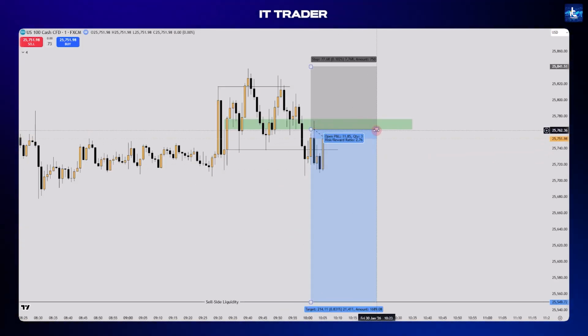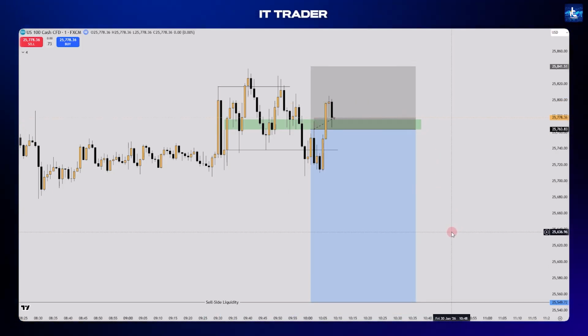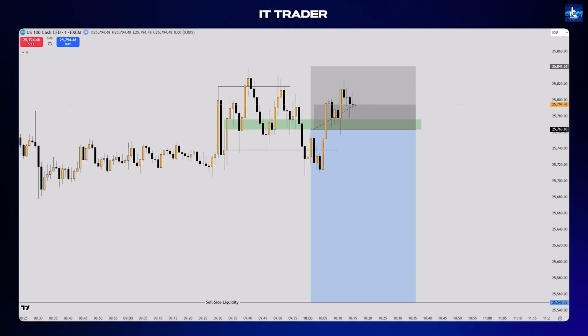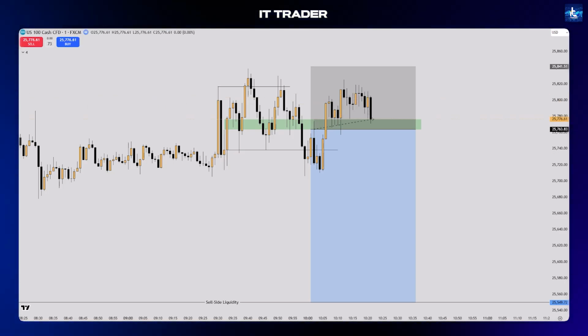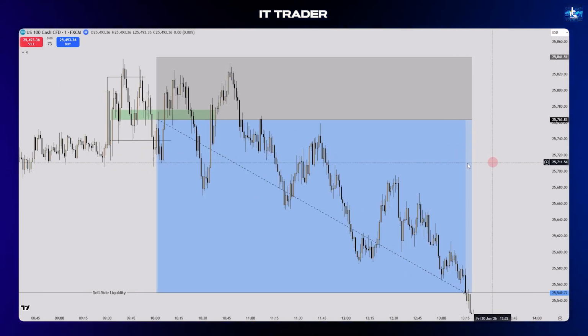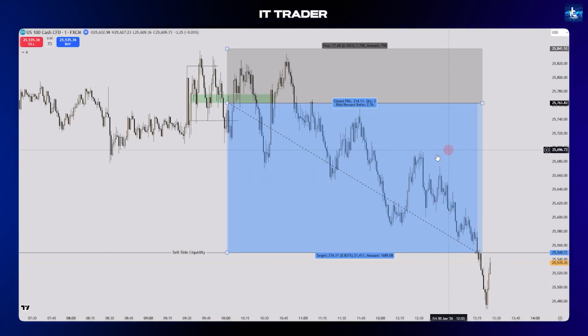At this point, it makes sense to open a short position with the goal of sell-side liquidity and with a stop loss for local liquidity withdrawal. Also, keep in mind that the price often continues to work around this zone, providing an opportunity to enter for those who did not make it by the opening of the New York session. As you can see, the entry model itself is really quite simple if you follow all the rules I talked